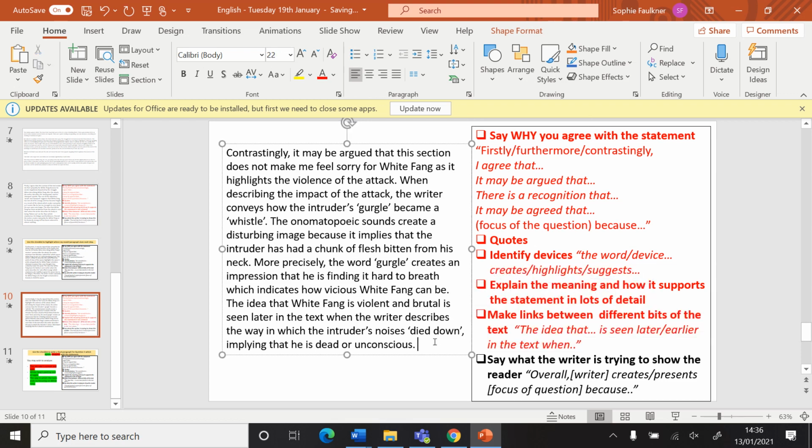And then at the end, my overall message. So overall, again, you can switch that up. The writer creates sympathy more so for the intruder. Now that's really sophisticated because I'm actually shifting the statement to fit my interpretation. For the intruder than White Fang